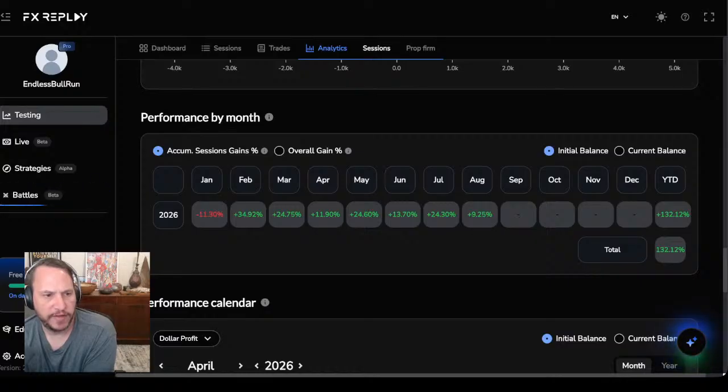And see if I can pass an eval and get to a payout. I'd have to up it a little bit. As you can see, I need to get a little bit bigger trades in to go anywhere, but we'll see. I'll try it out. Maybe I'll do it with one NQ, one full size, but we'll see. I'll think about it. Let me know in Discord or on Twitter what you think I should do.